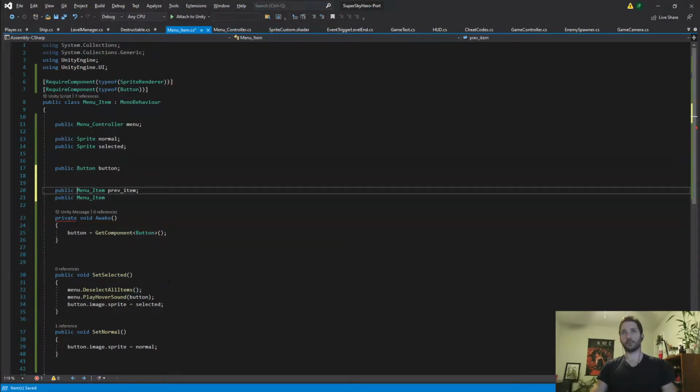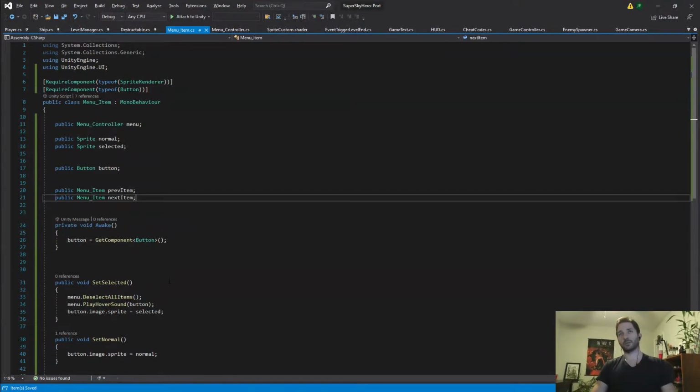I'm not writing it like that now, all these underscores. Next item. I'm getting mixed up with how I write variable names. So this is essentially going to set that. Okay, so